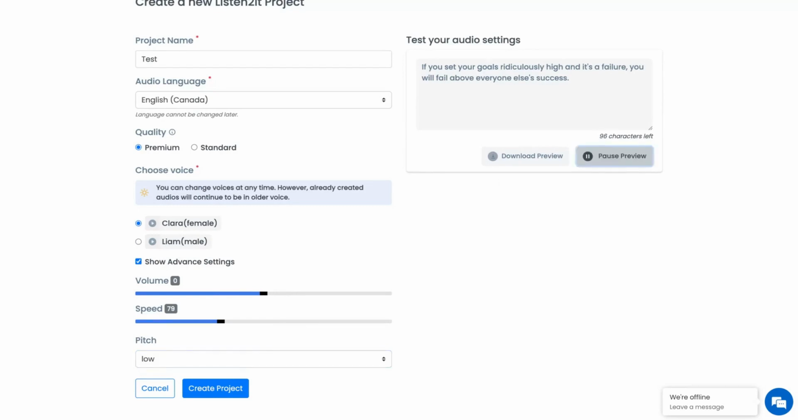If you set your goals ridiculously high and it's a So you can change the speed here, go to default,